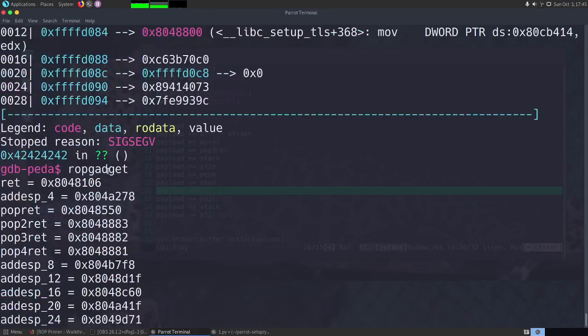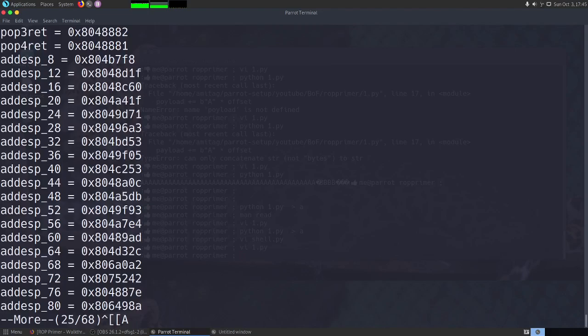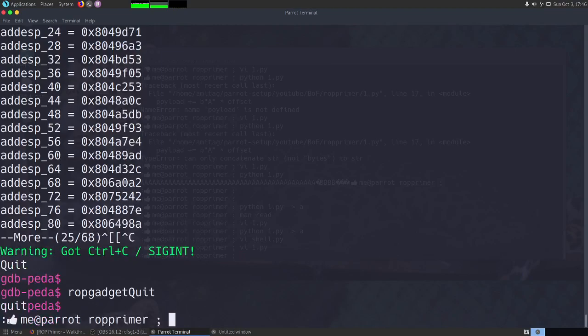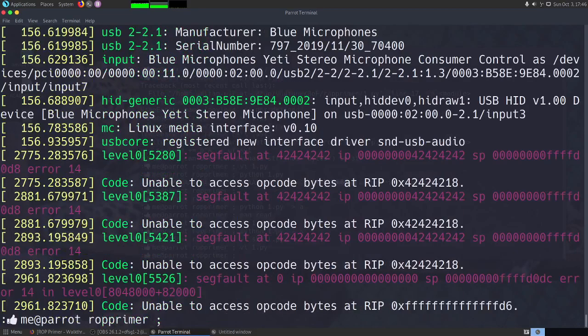So here we will also get a return. We can probably use this and it should not crash. Let's save this and then Control C out of it, Control D, and then we run this again. Now again it is crashing. Let's see why. Seg fault at 0, IP 0, and SP is something.